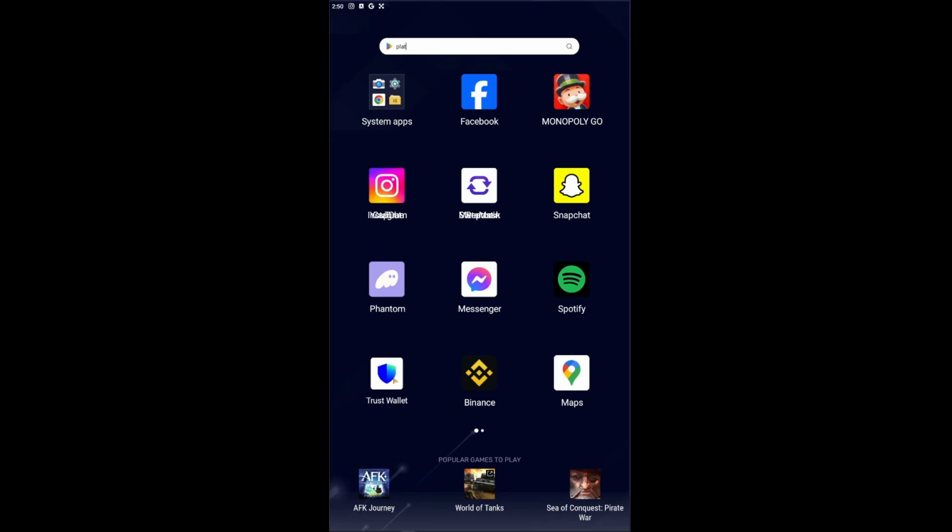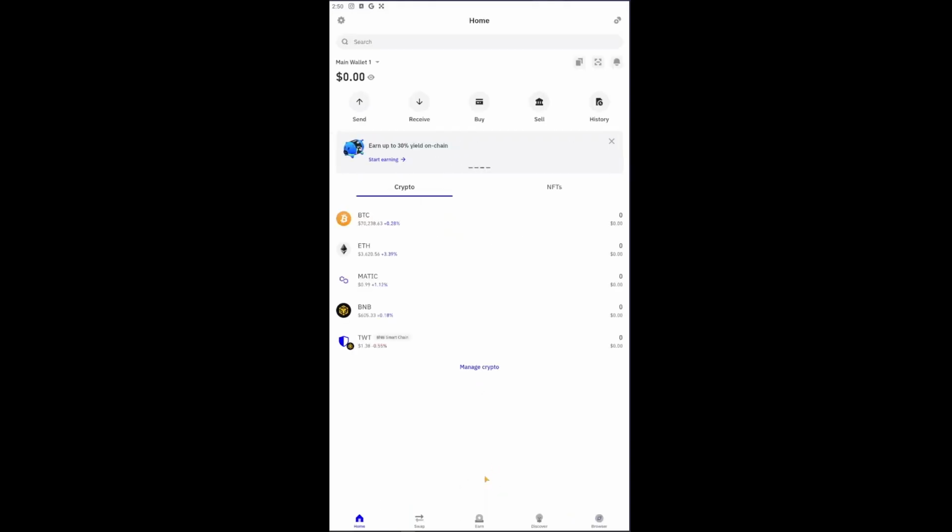First things first, you want to go ahead and open up your application right here, and you may need to enter your own password right here. And then after that, you will then be prompted right through the main menu of the Trust Wallet. You could just go ahead and proceed by clicking the gear icon right here at the top left corner of